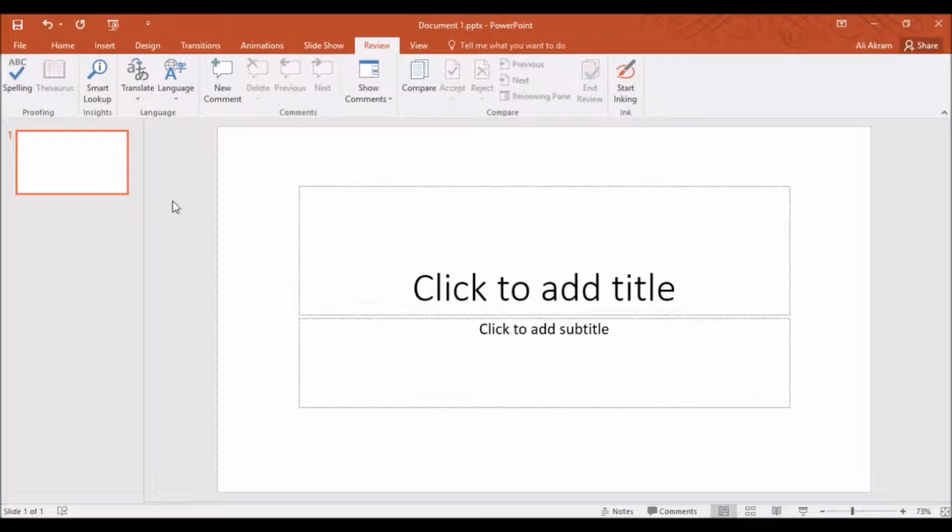Review tab, as its name suggests, is for reviewing the presentation. It contains features like spelling check,